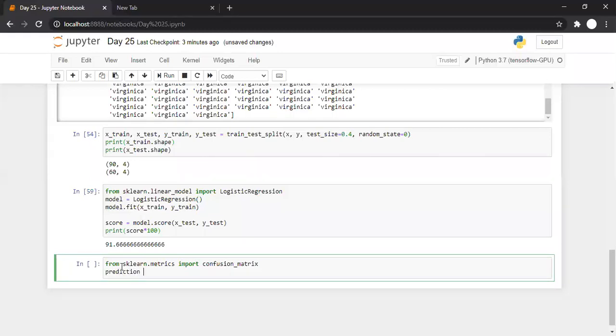Here we'll use the model dot predict method, to which we'll pass x underscore test.